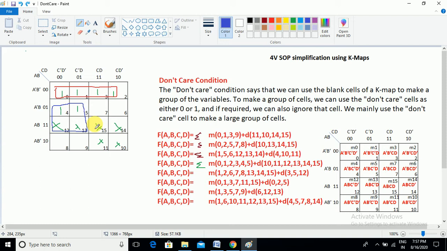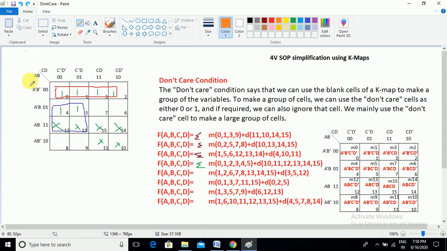Okay, now this is a grouping, and we should not create a group after the cells are already included in another group. We should not create it in this manner, because 3 and 2 are already in a group, and we should not create such kinds of groups. It is not recommended. We should think about the ones which are not in a group. The 3 and 2 minterms are already in a group. We should not create a separate group for them. Okay, remember this point.